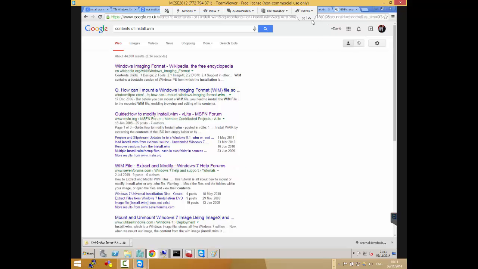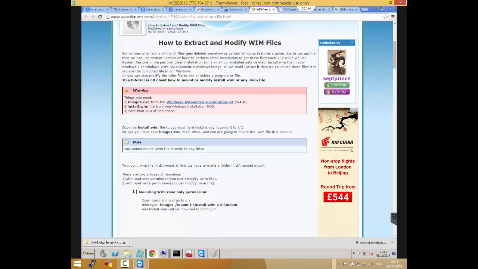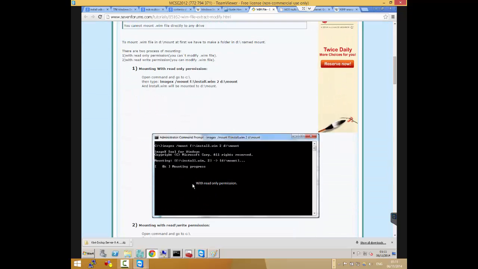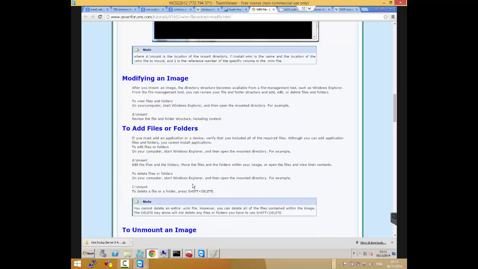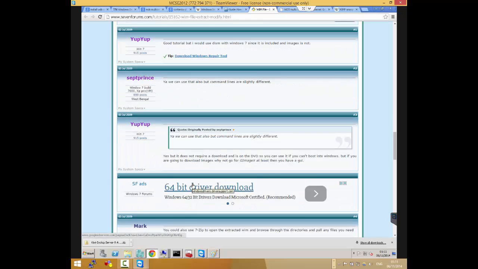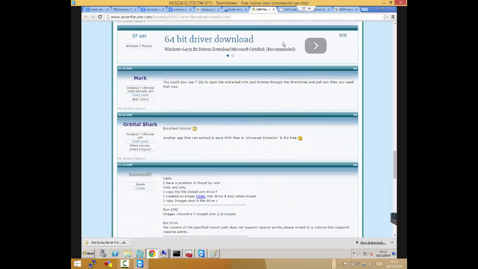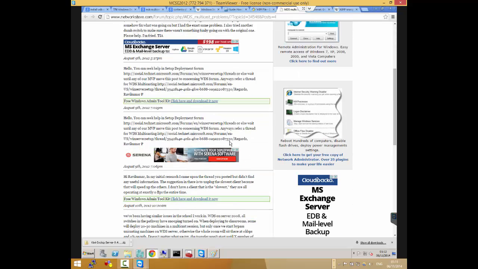It says we can extract it using ImageX. Somebody's saying we could use 7-zip.